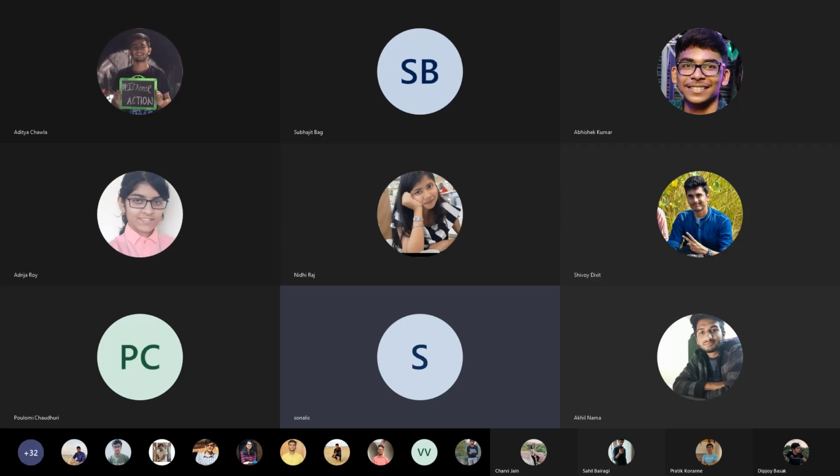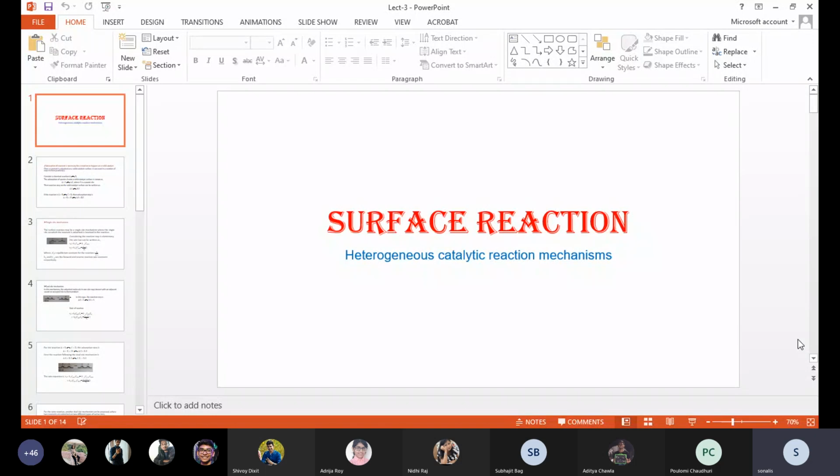There are two mass transfer steps for a solid porous catalytic reaction. First one was the mass transfer or diffusion from the bulk phase of the reactant to the surface of the catalyst, and next one was the diffusion of the reactants from the surface of the catalyst to the pore surface inside the pore. And third one was the adsorption of the reactants on the active centers of the pore surface of the catalyst.